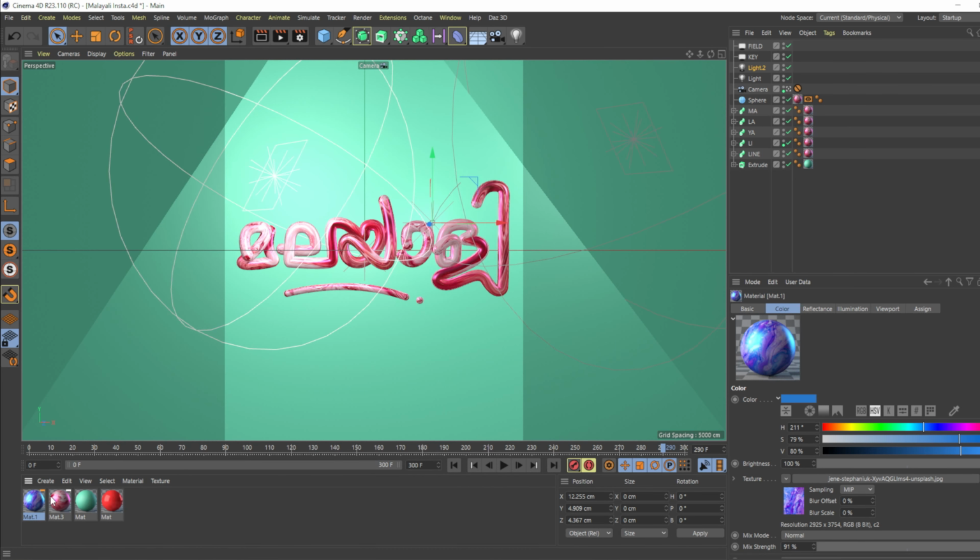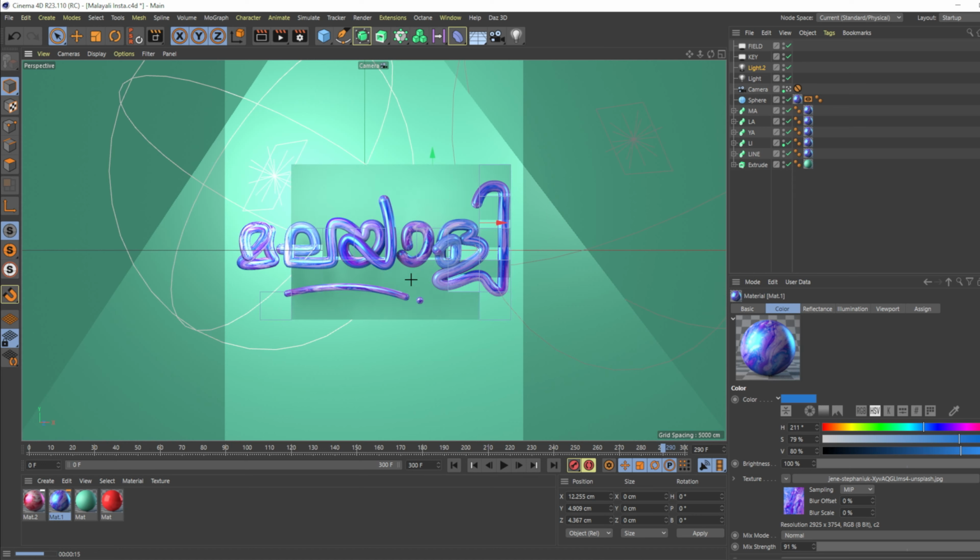You can overwrite the existing material. Before that I am making a copy of that, and overwriting the existing material by holding down Alt and dragging that on top of the material. Here you can see the texture is applied, and the original texture is overwritten. So let me go to render region and render this. So you can see that you can create different unique styles by changing the image that you are using. It's a cool way to style your typography, and you can change the values and create your own ones. You can add some transparency and so on.